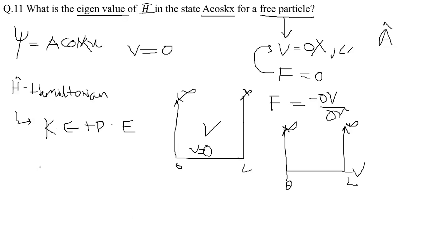I had told you in the previous class, for an eigenvalue, suppose A is an operator and we operate it on the wave function psi. If we get some value, suppose a, and we again get the wave function on the right hand side, that is, in both left hand side and right hand side the wave function remains the same after we operate the operator on it, then it is called an eigenvalue, and this operator is called an eigen operator. And the state psi for which the operator gives an eigenvalue is also known as